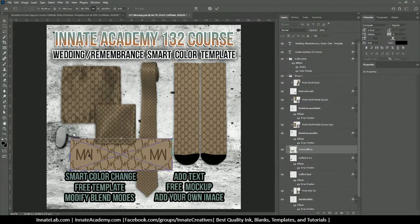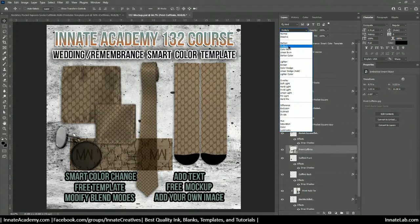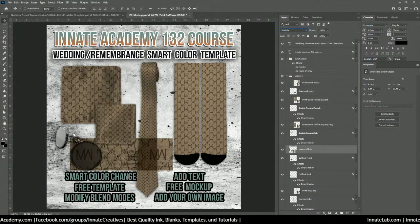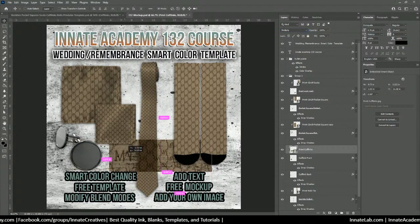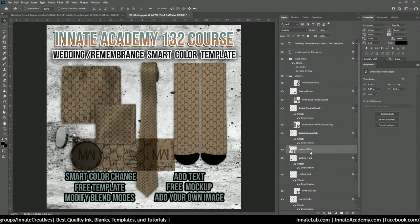All right, so let's go ahead and we have it on multiply. So I'm going to put the cufflinks print on multiply as the blend mode. And I have to lighten up. You see that that white is not really white, so I'm gonna lighten it up and then you'll see how this is gonna make more sense. But for right now,